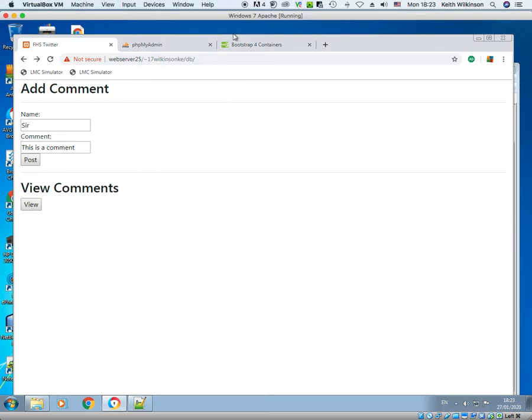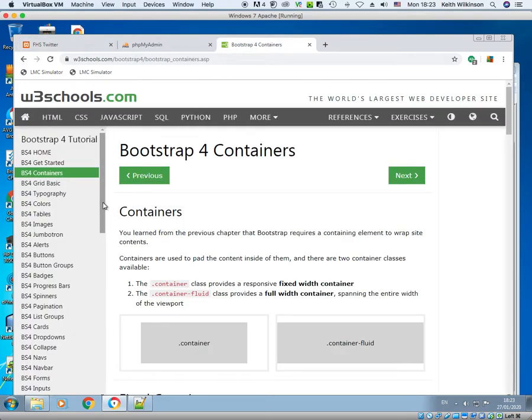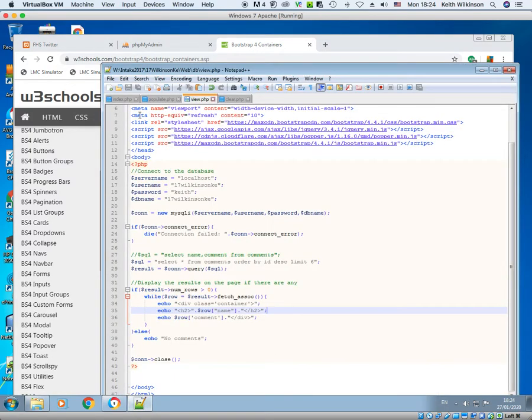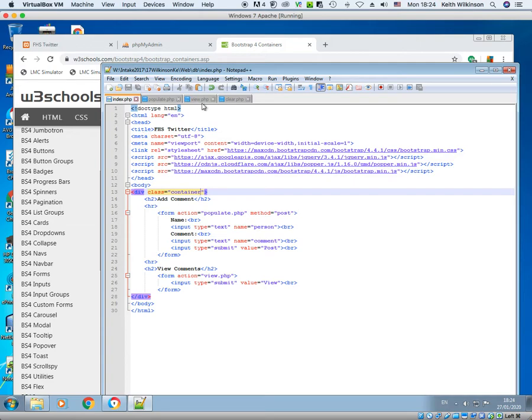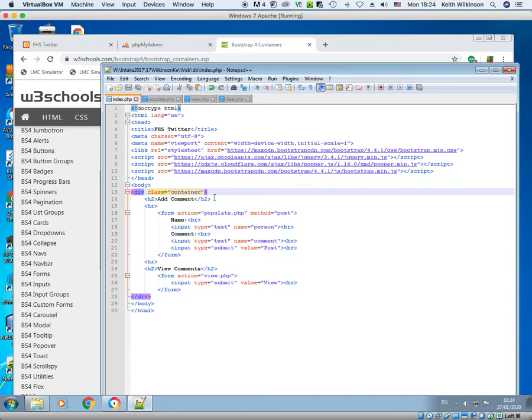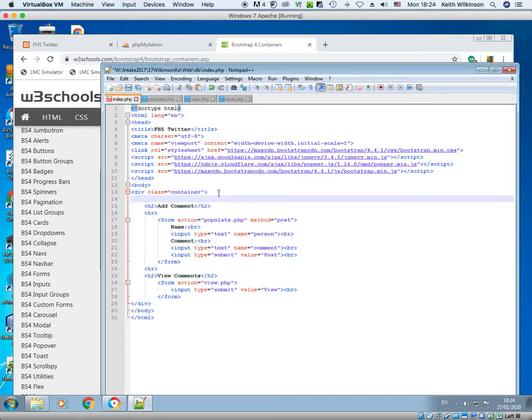If you want to follow along with tutorials, it is around about here, Bootstrap 4 navbar. So if you want to find how they work, you can have a look at that. So let's go straight into it. And we're going to have this on the view page as well. So on my home page, the index, what I'm going to do is inside this container, I'm going to have